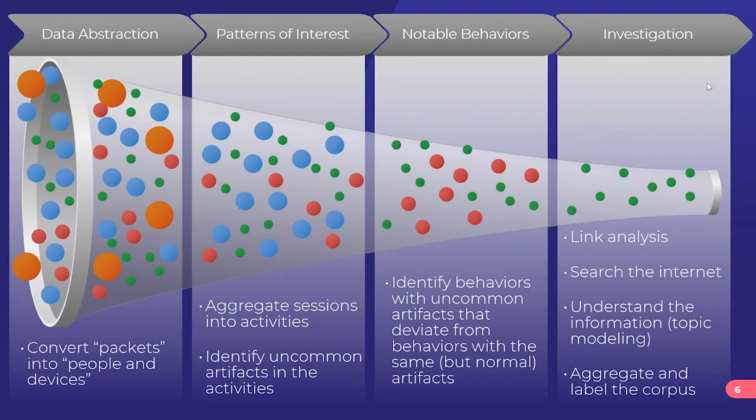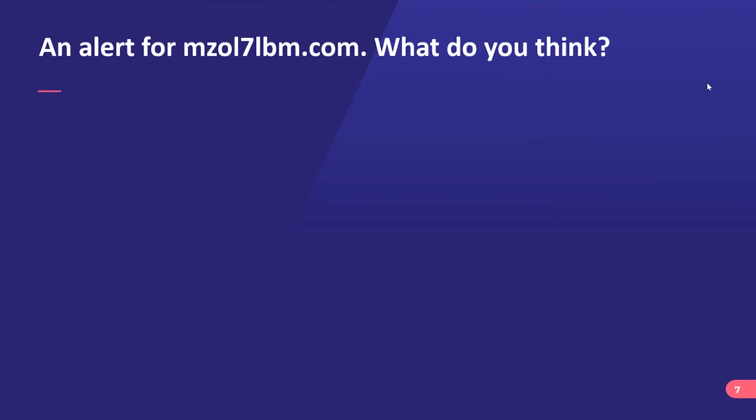Okay, so those are, we kind of talked about, and I'll show you this again when we pivot over to the demo, but those are models that ultimately identify potentially threatening activities, but then there's also investigation. This is where things get really neat, and this is what we're going to focus on mostly in the hands-on demo. But before we get to that, just one last little exercise here to kind of get you thinking about the AI application to investigation.